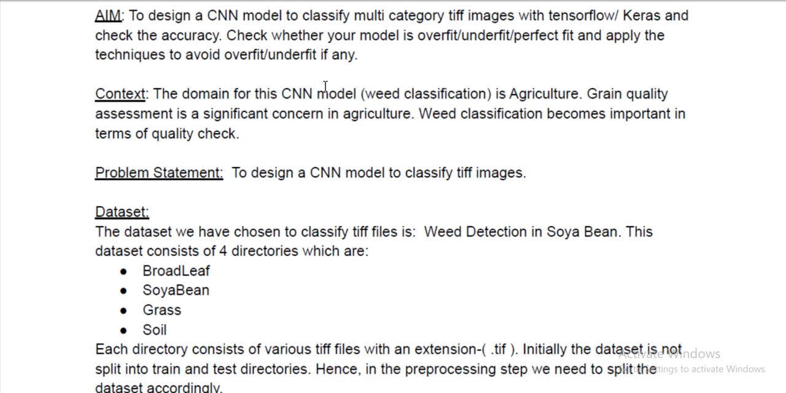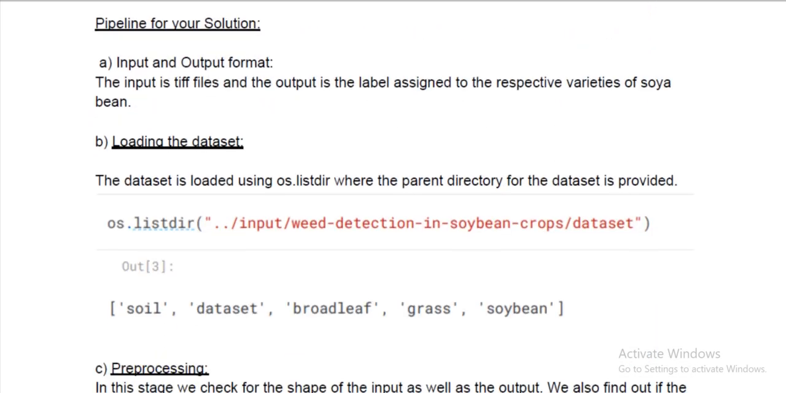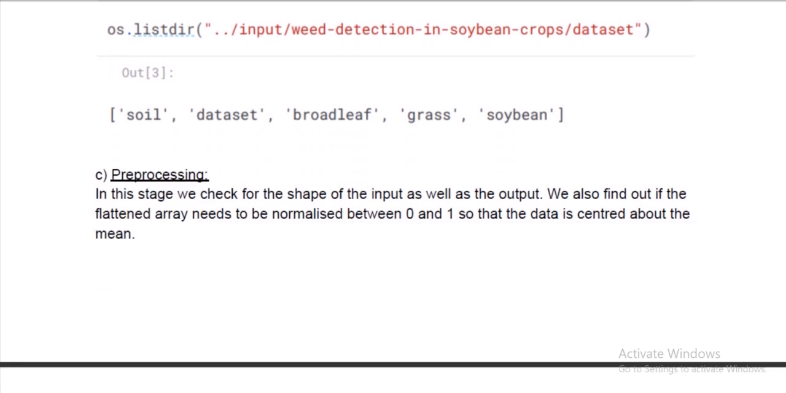Now we have chosen weed detection as our context for this. So we are going to classify TIFF images based on the data set that we have got, which has TIFF files of weed detection in soybean plant. We have got 4 directories for this particular data set: soil, grass, soybean and broadleaf. It's easily available on Kaggle, and you just have to load that particular data set and check for the various